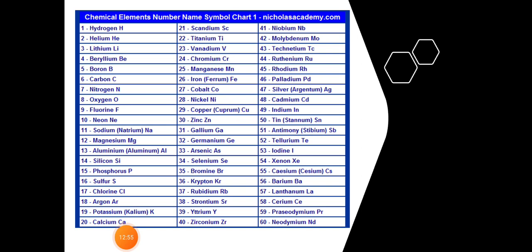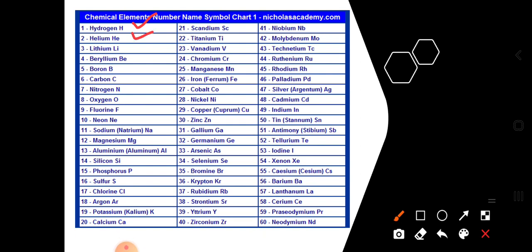The first one is hydrogen, which is represented by H. Next is helium, He. Lithium, Li; beryllium, Be; boron, B; C is carbon; N is nitrogen; oxygen is O; fluorine is F; neon is Ne; sodium is Na; magnesium is Mg; aluminium is Al; silicon is Si; phosphorus is P; sulfur is S; chlorine is Cl; argon is Ar; potassium is K;